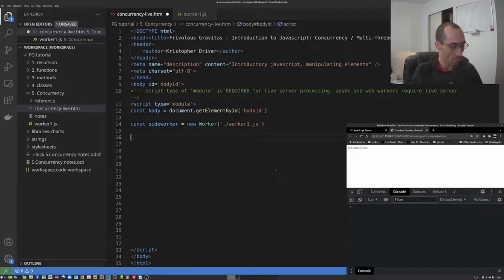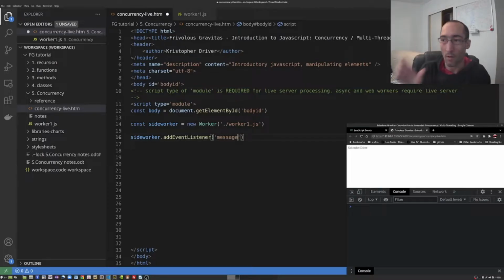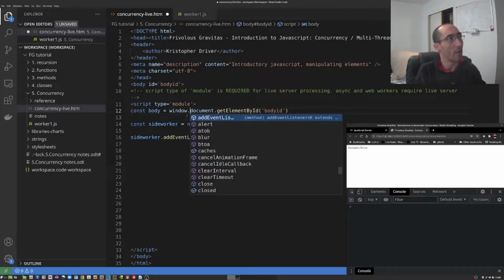So with that worker, I'm going to need to create an event listener, like I mentioned before, and this event listener needs this. Remember, there are some parts of programming that you have to memorize, and others that you just have to understand how the blocks of parameters and arguments go inside of methods. So this is a method that's built into the document object, and a document object is, I believe, essentially the same thing as saying window dot, but